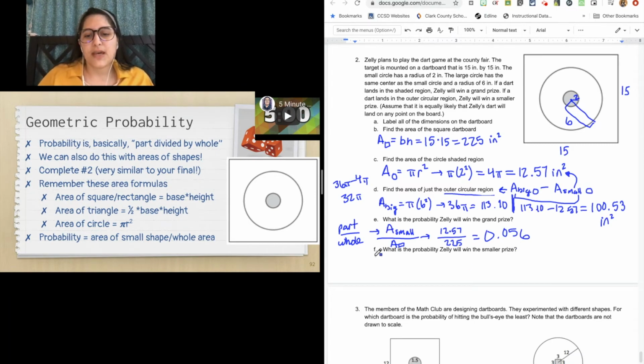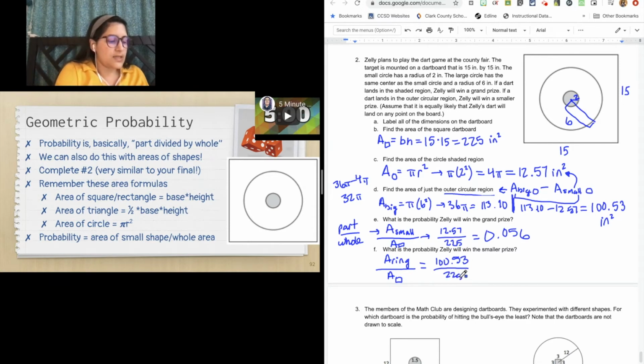All right. Let's look at this last one here. So the probability that we win the smaller prize is the area of the ring, which is what we found in part D. And again, we're dividing by the area of the square. So the area of the ring was 100.53. That 5 looks ridiculous. Divided by